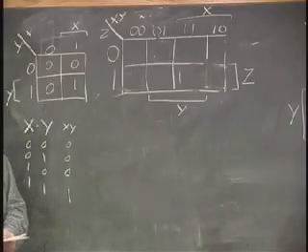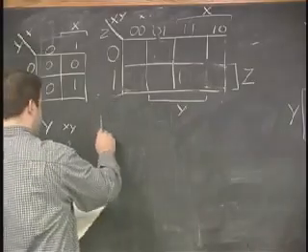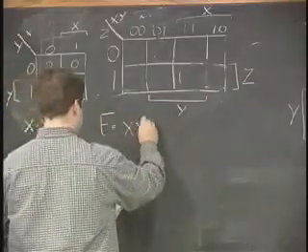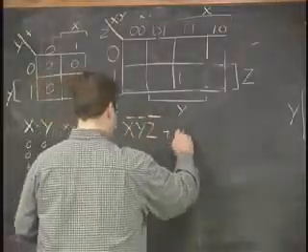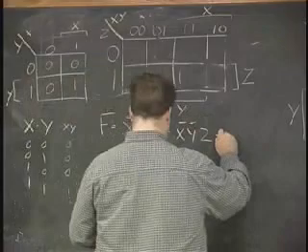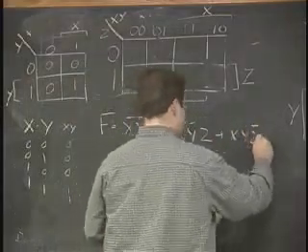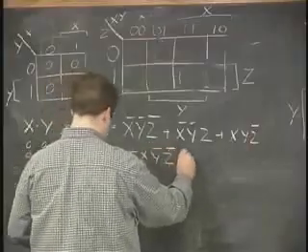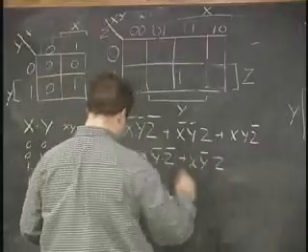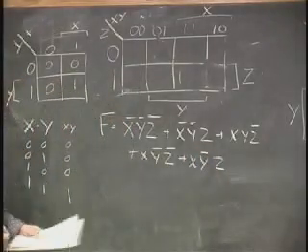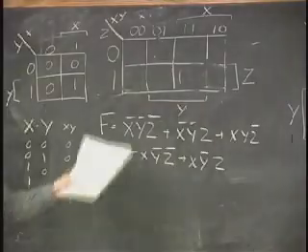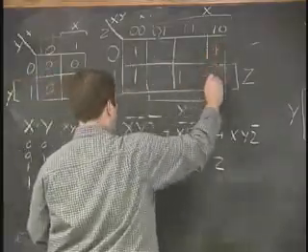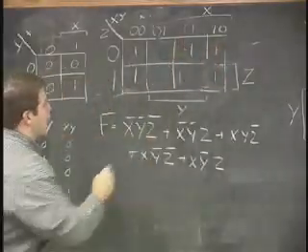Right, so let's do another function. f equals xyz plus xyz not plus xyz not plus xyz not plus xyz not. Okay? So I'm just going to go ahead and put the values into the table. If you went through, we would come up with 1, 1, 1, 1, 1. Okay? Well, now this presents an interesting